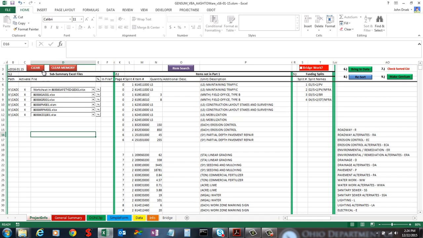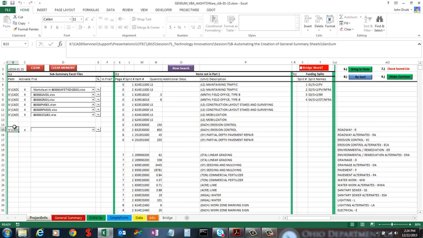So it's real simple. This activate column, you can put whatever you want in there and it's going to activate that row. And you'll see that it put this path, this combo box, and a search button. So don't worry about the path. That's there for the code to find the file later on. But when you activate it,